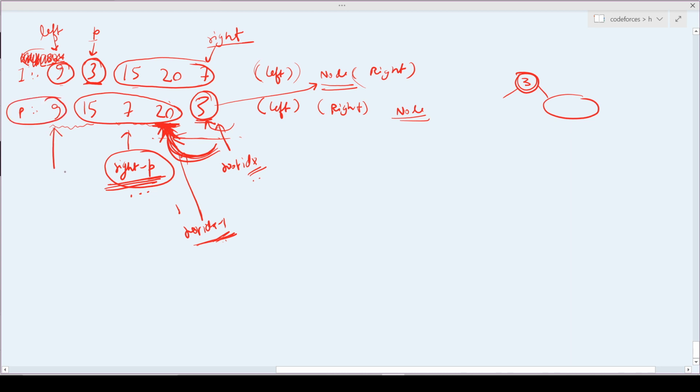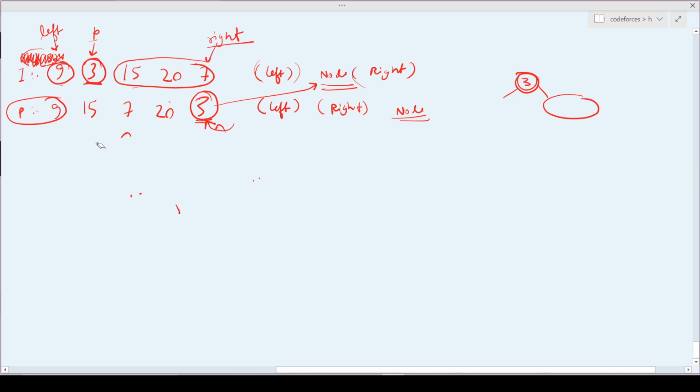Root index minus 1 is the root node of the right subtree, and after reducing right minus p from this root index minus 1, I will land on the root index of the left subtree. So see, it is the main part of this problem, you should understand it again, how to land on the root index of the left subtree. So let me erase it and I will show you again. Let us erase everything. So see, first of all, I know my root index.